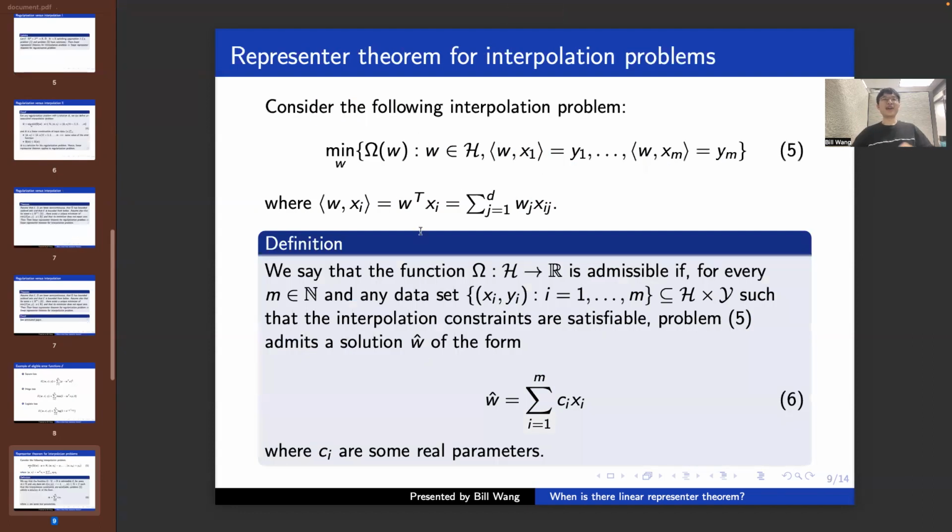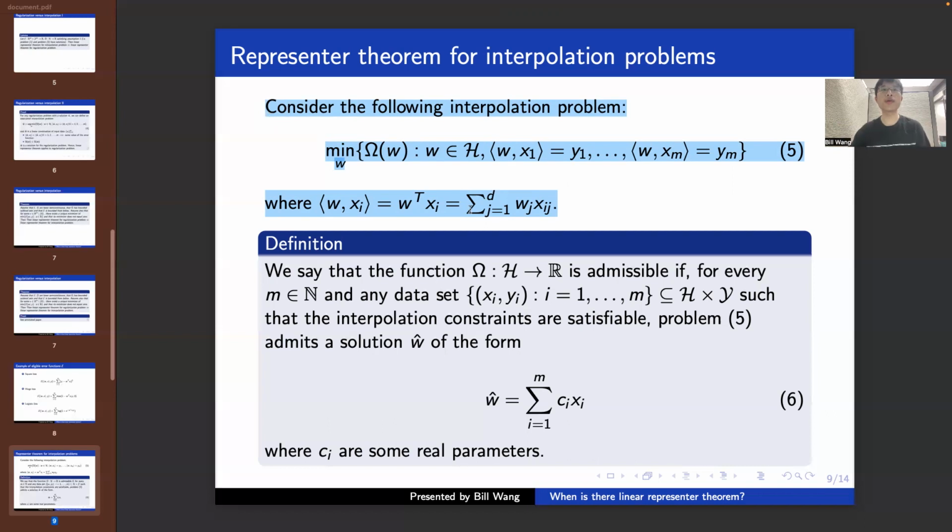Okay. Now that we established the equivalency for the linear representer theorem holding for both classes of problem, we go to exploring the necessary and sufficient condition for the interpolation problem because it's easier to prove. So now we define a new interpolation problem. We are just replacing the inner product of the regularization problem solution and the input data with the output data y. Okay, so now this is the interpolation problem that we want